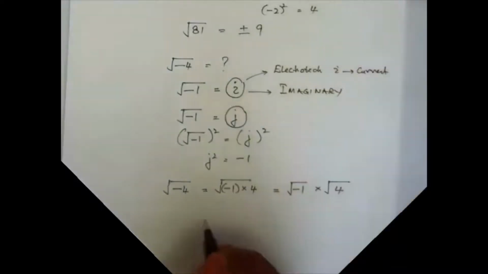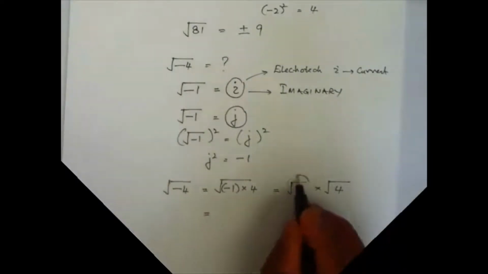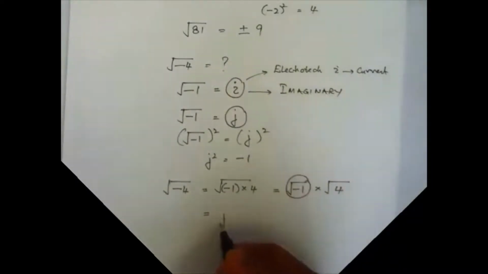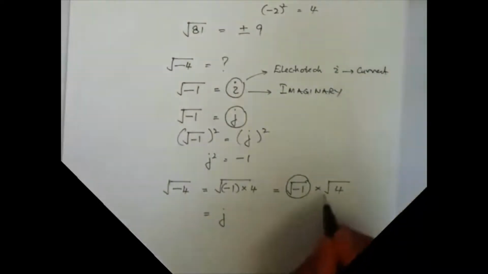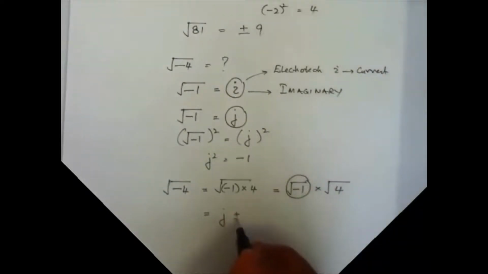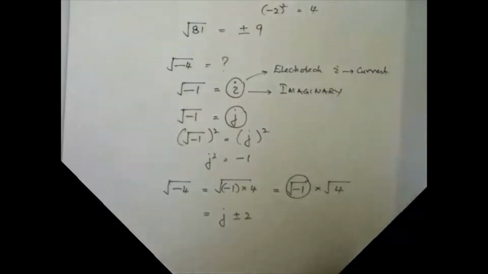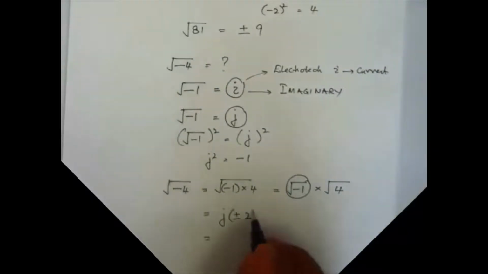So now it is easy. This is simply j, and this is ±2, so it is ±j2. Some books put the j at the end, but we will always use j in front of the number